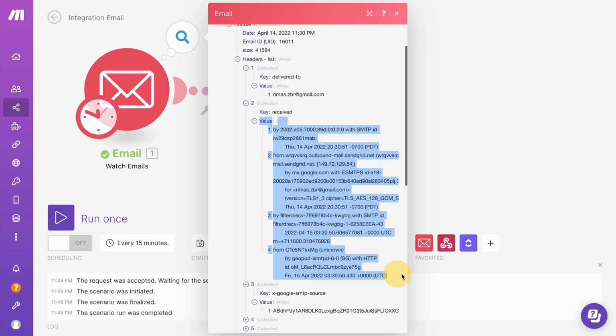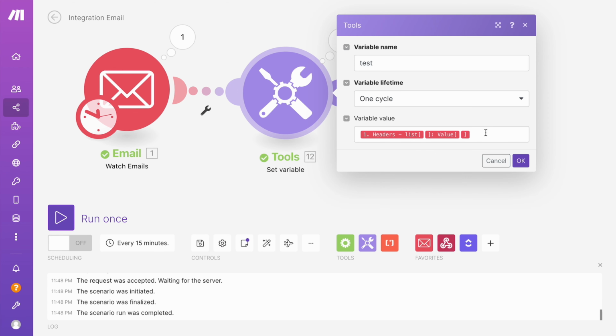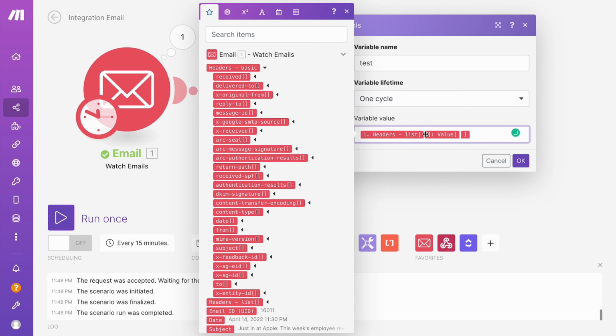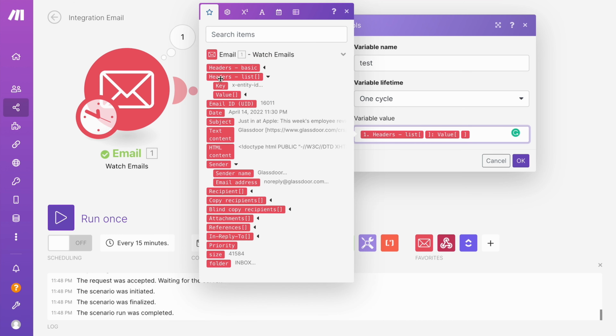This whole thing and this particular second part from it. We just need to go here and change these numbers. So we need to say to the system that from our headers list we need a second item, so we need a second collection from it. By doing this